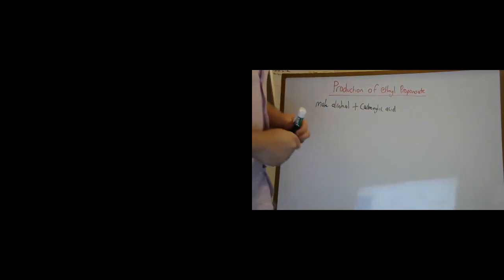So we have to make two separate molecules. We have to make ethanol and propanoic acid. So propanoate is what we call an ester. So we make alcohol plus carboxylic acid. So the very first part of this is